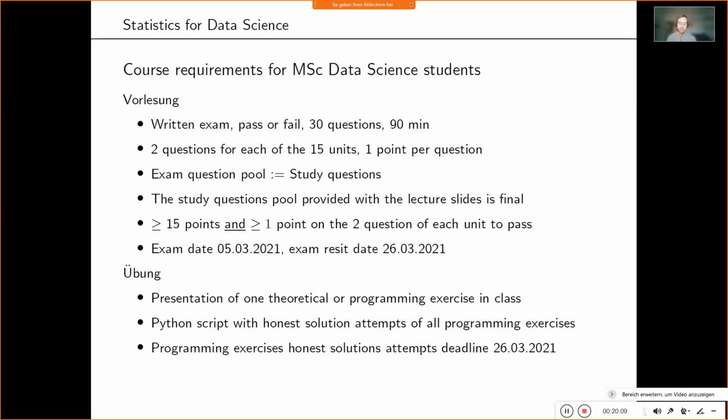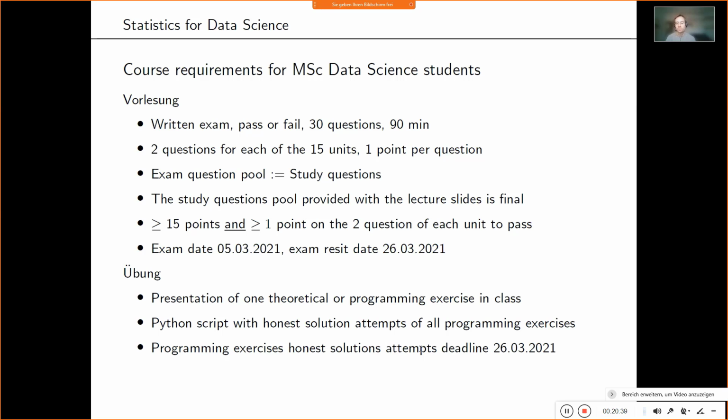So do them, and what I really recommend is that you do the programming exercises together with your studying, because that's what they are designed for. Whether you study all along or you say, okay, I want to study only in February, that's all up to you. But do them together with your studying, and to encourage that, the deadline is the 26th of March. Well, it doesn't really encourage that. That's the second exam date.